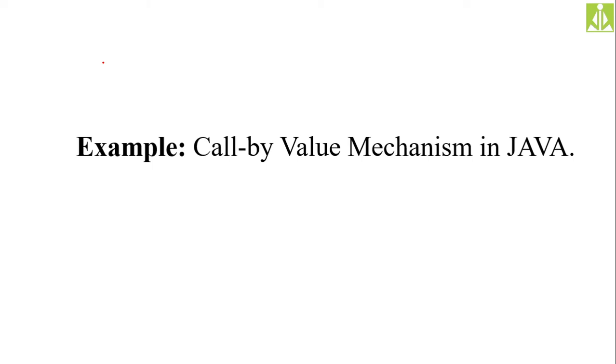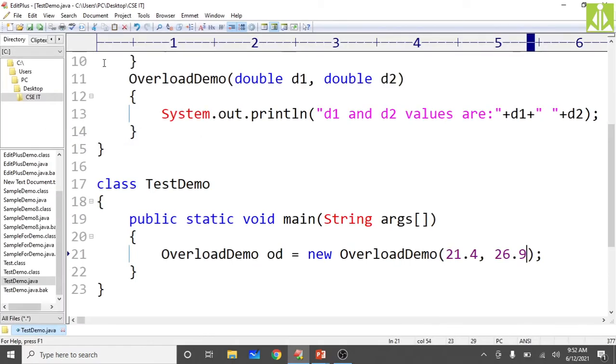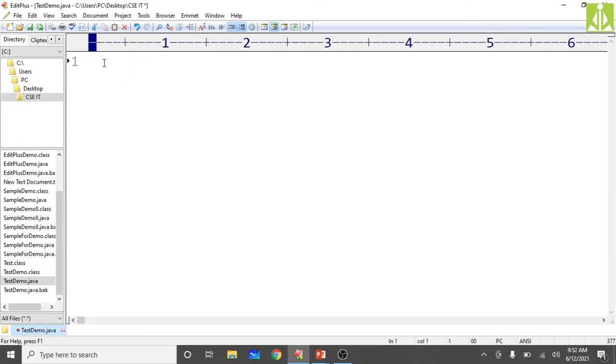So we need to demonstrate this call by value mechanism now. It is very simple to understand. So just by taking a simple program, I will try to explain this one. Delete this entire thing. Now start writing the program. First, take the class name as CallByValue, because we are doing everything here using call by value.